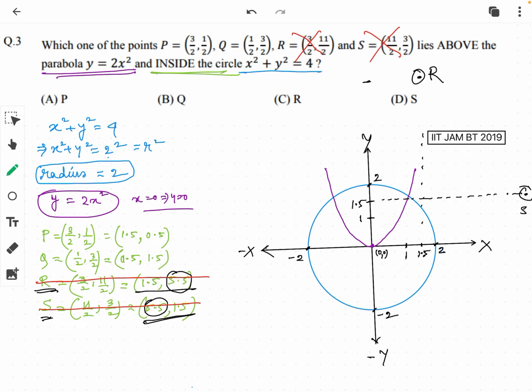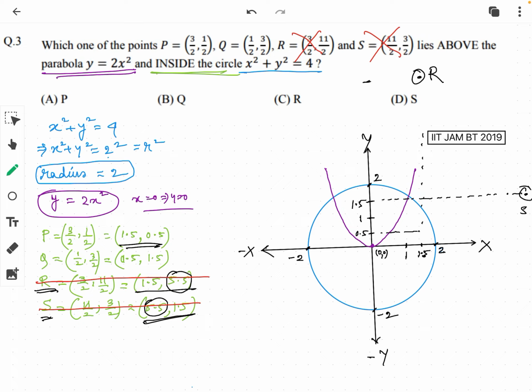Now let's go to the remaining two points, that is P equal 3 by 2 comma half, and Q equal half comma 3 by 2. Let's check first for P equal 3 by 2 comma half, that is 1.5 comma 0.5. So for x equal 1.5 we will have y equal 0.5, that is somewhere here, y is 0.5, so the point would be